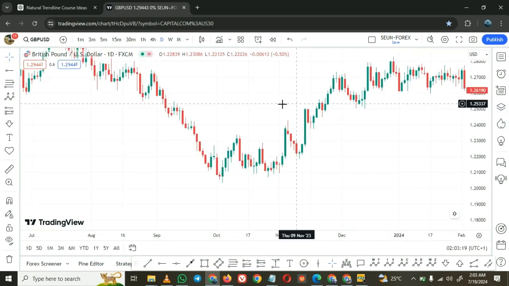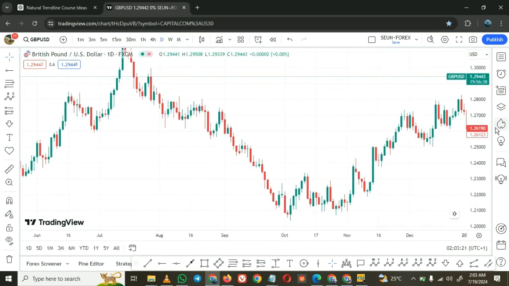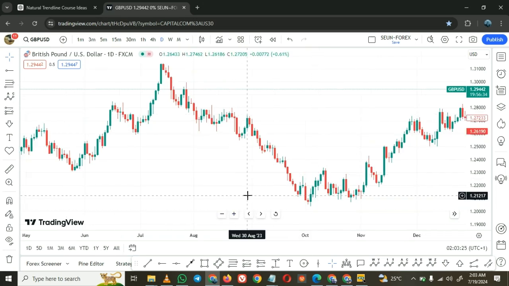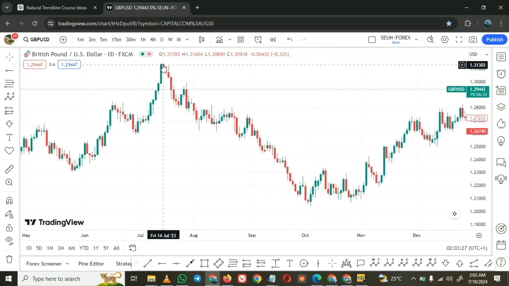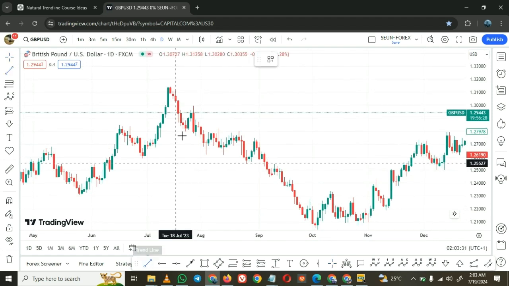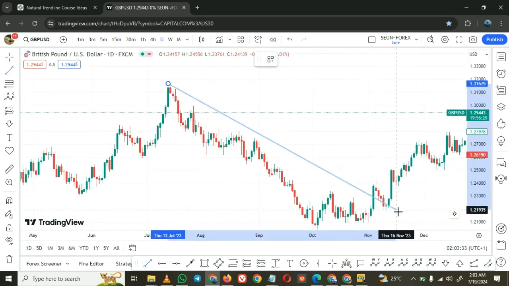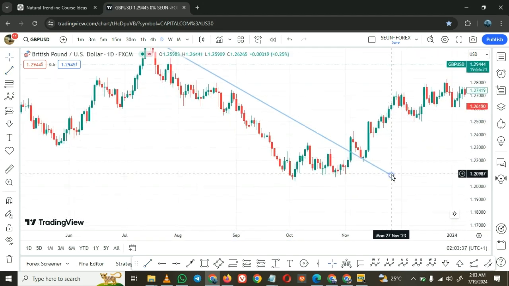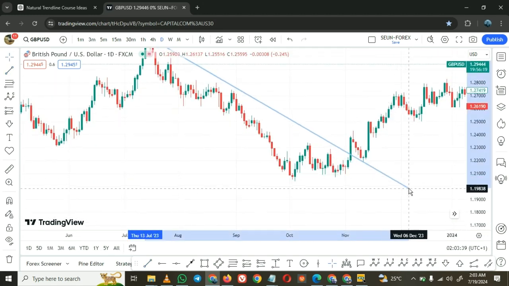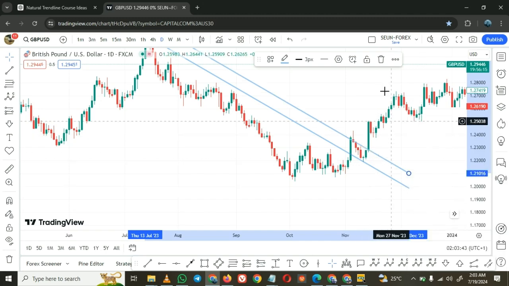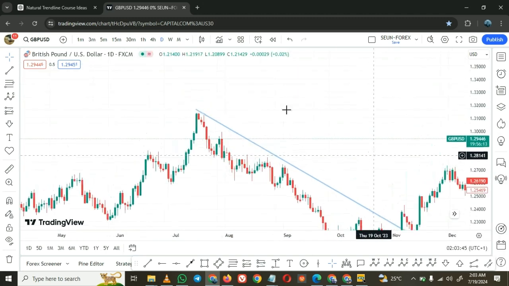We also have trend line trading strategy for breakout. In the next module, I will be talking extensively on how to trade through trendline breakout strategy. But right now, you can easily see that market broke out of this trend line,